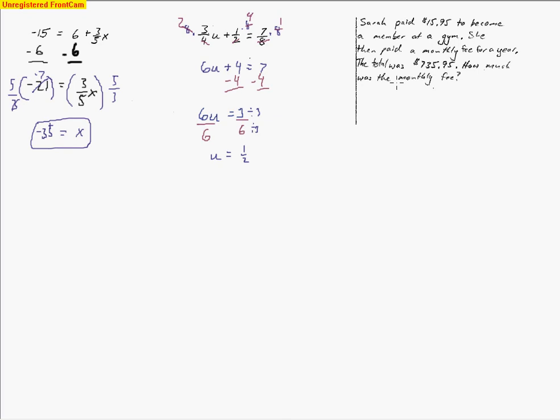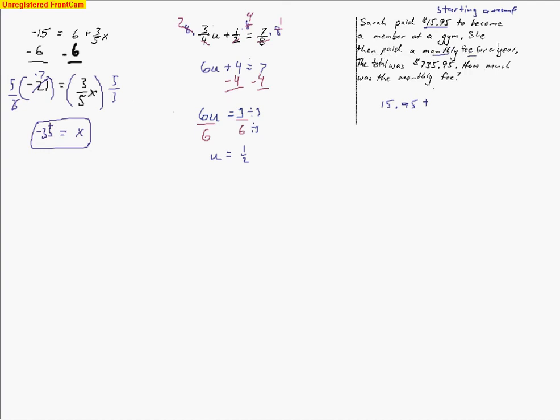Well, our last problem is a word problem. It talks about how Sarah paid $15.95 to become a member of a gym. This is a starting amount. It's a constant. We're always going to pay this amount when we join this gym. That's their startup fee. So let's write that down, $15.95 plus,